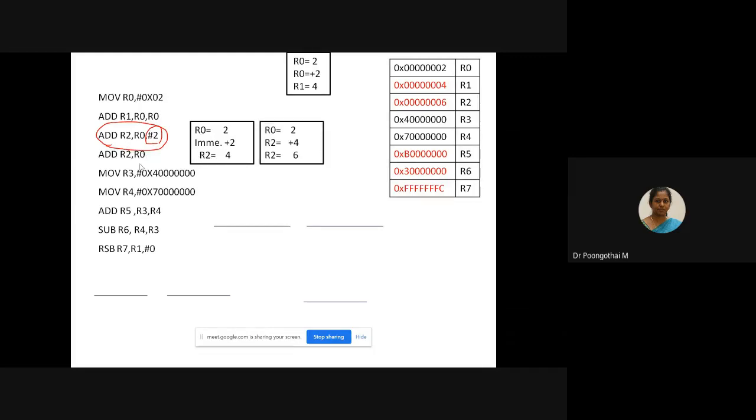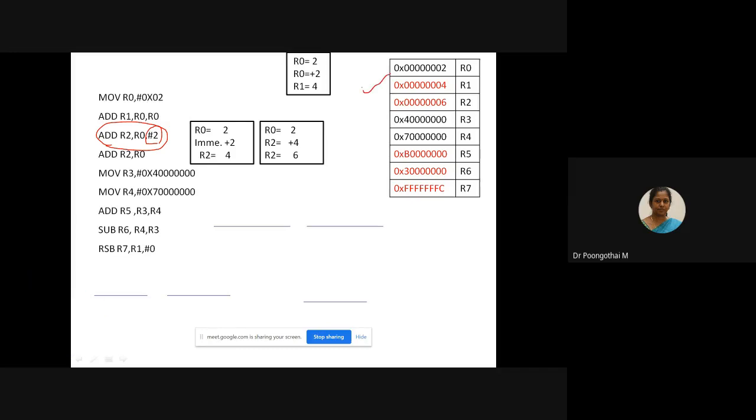And next we can use 2 operands in the addition instruction. ADD R2, R0. This instruction is used to add R0 with R2. After the addition, the result will be held by R2. Your R0 content is 2 and R2 content is 4 here. Already after the addition, your R2 holds 4. So 2 plus 4, your answer will be 6. So after the addition, your R2 holds 6. Okay. So your R2 is updated with this value 06. Okay.